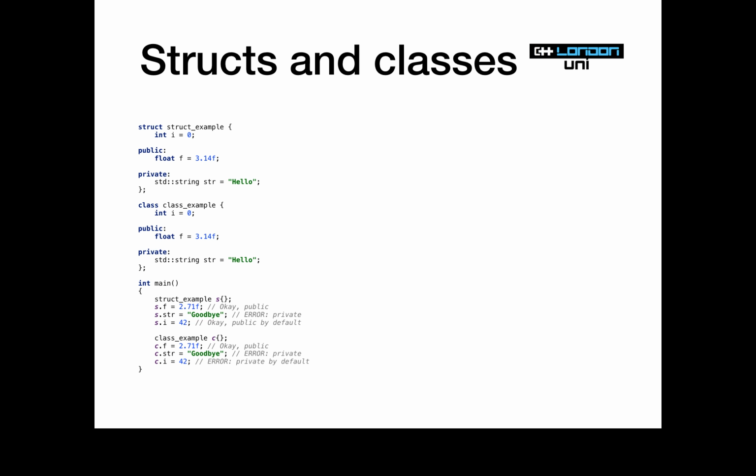So all the new stuff was only going to apply to classes, and then as he was working on it, it emerged that actually, well, maybe it'd be useful if you could give structs private members. Oh, well, maybe it'd be useful if you could give structs constructors. Maybe it'd be useful if you could give structs member functions. All of that stuff. So in the end, it sort of emerged that, well, making structs and classes exactly the same thing, but just with slightly different defaults. That's, from what I can gather from reading online, I don't know if that's true. You'd have to ask the great man himself.